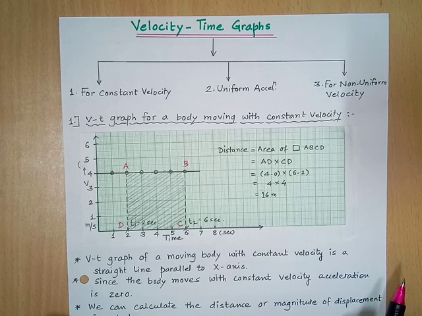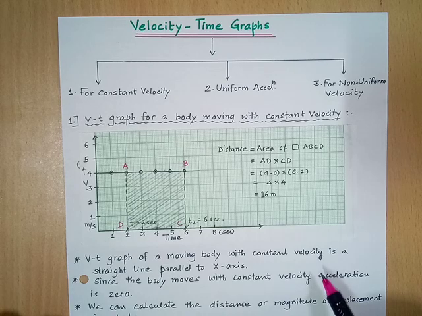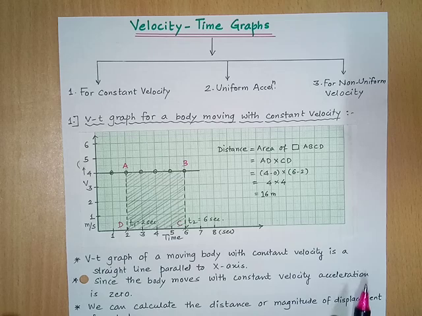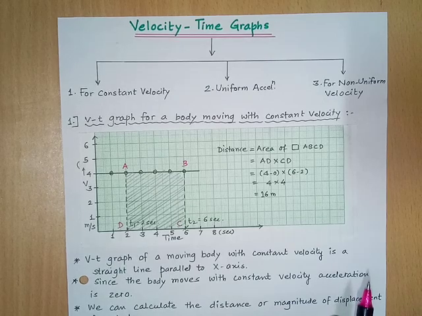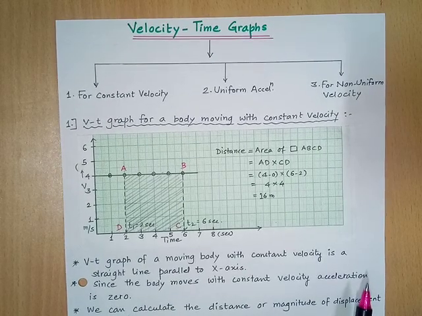Part 11 of the chapter Motion of 9th class physics. Up till part 10 we have studied the distance time graph, and while discussing it we have seen two types of graphs over there. One is when an object is at a position, and the other is when the object is performing uniform motion.